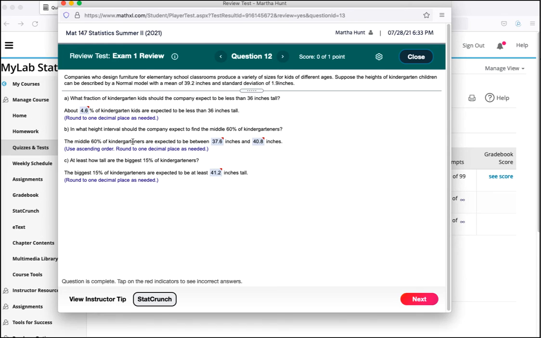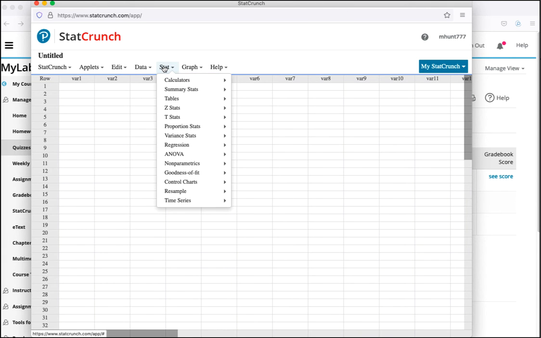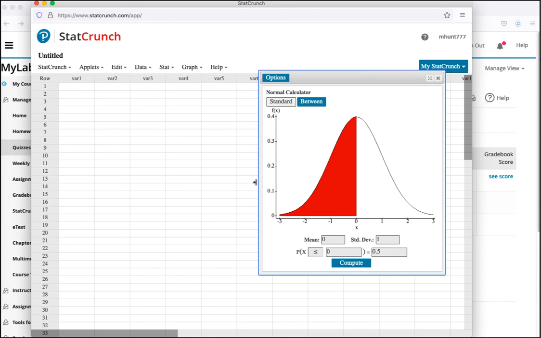The company wants to develop furniture that will accommodate the middle 60% of the kindergarten kids. So we're going to have to work this problem backwards. We're going to have to go into StatCrunch, and we're going to have to find the z-scores that mark the middle 60%. So we're going to go to StatCrunch, Stat Calculators, Normal, and now we're going to pick the standard,